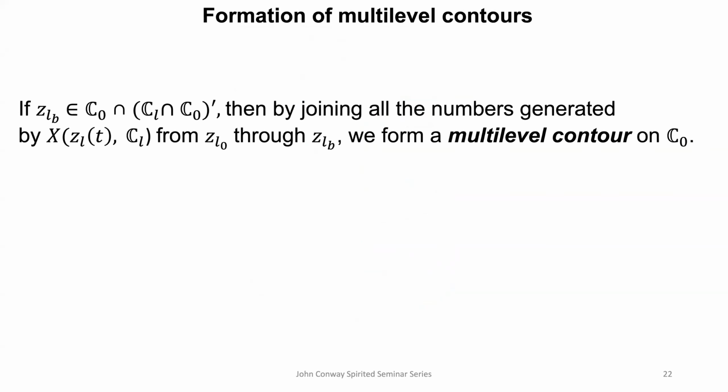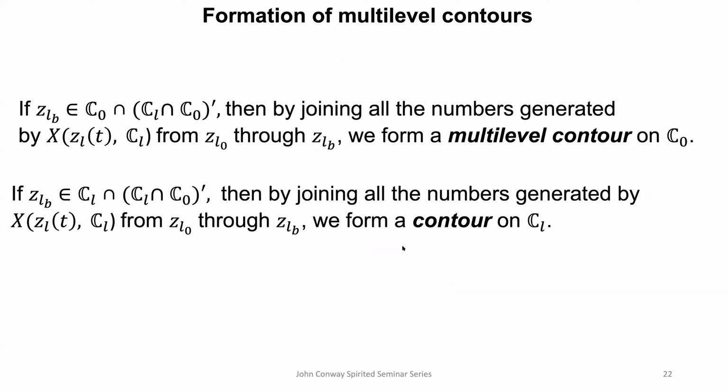So now the ZLB, once the multi-level contour is formed, as I just explained, if it crosses the plane it will form a multi-level contour. If it doesn't cross, it remains a regular contour on the CL itself. So using the multi-level contour on CL, C0, it then moves or remains there. That's what I explained here. So the ZLA to ZLB, that piecewise arc is crucial to see whether a multi-level contour is forming or not forming.